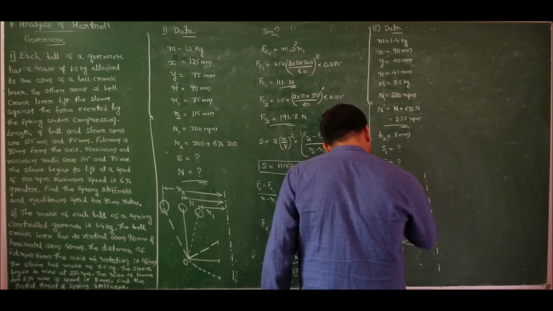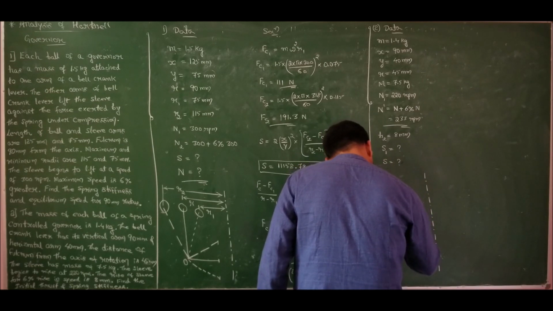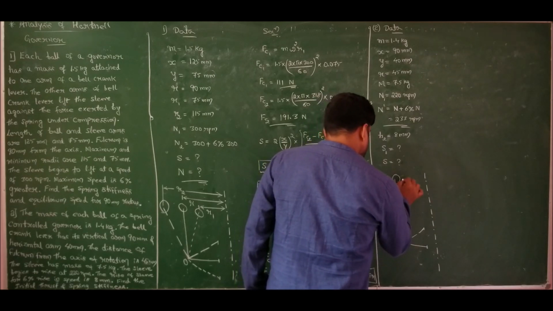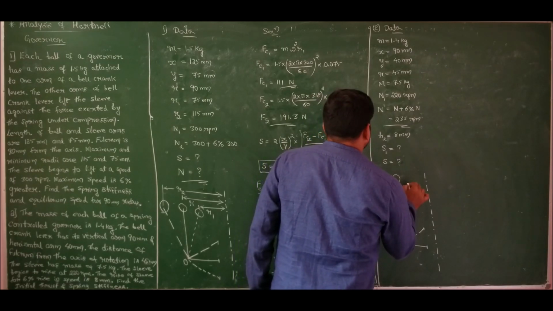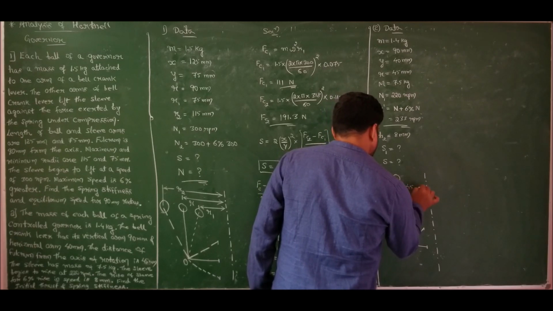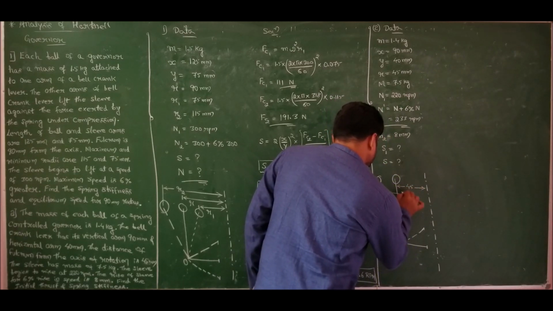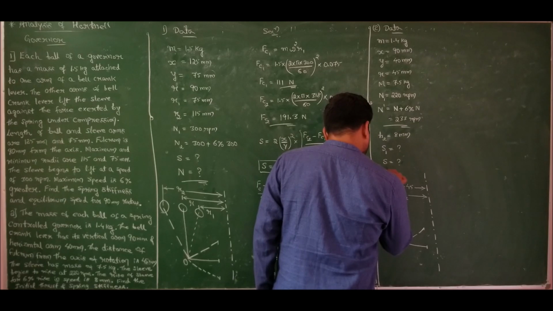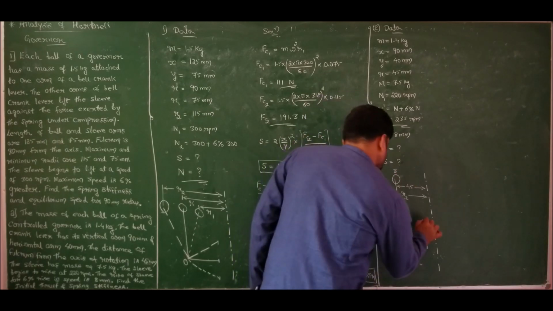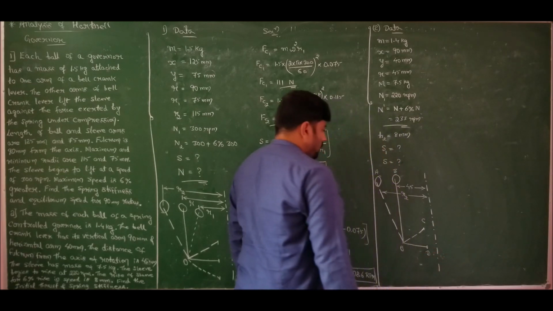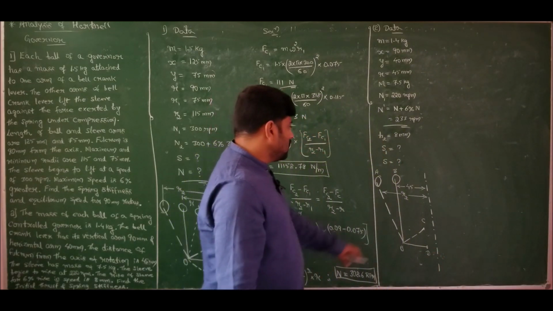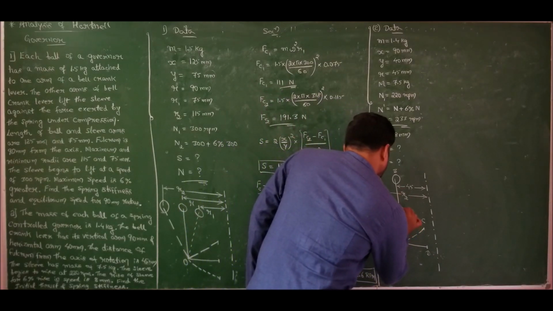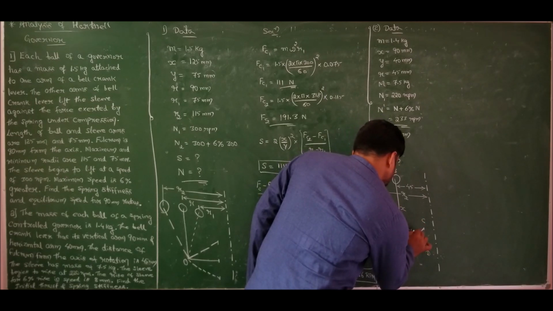So the ball should move away from the center. Here we have balls. Now this distance is known, which is 45 mm, and this distance is not known to me, which is R2. Now let us call this A, B, O, C, D, O. Without knowing R2, I cannot proceed. One more observation is that the vertical arm length is X and the horizontal arm length is Y. This you people already know.